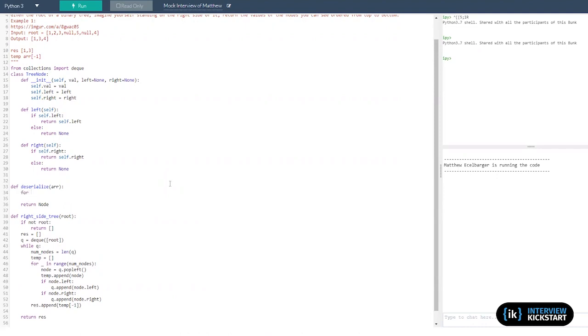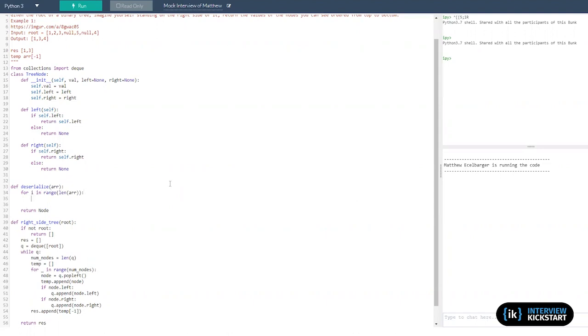So for i in range of the length of the array, if i is not equal to null, is it actual null or is it none? Or is it just like the string of null? Ah, I see. You can change it to none. I think that makes more sense here for the Python case. Okay. So if i is not equal to none,